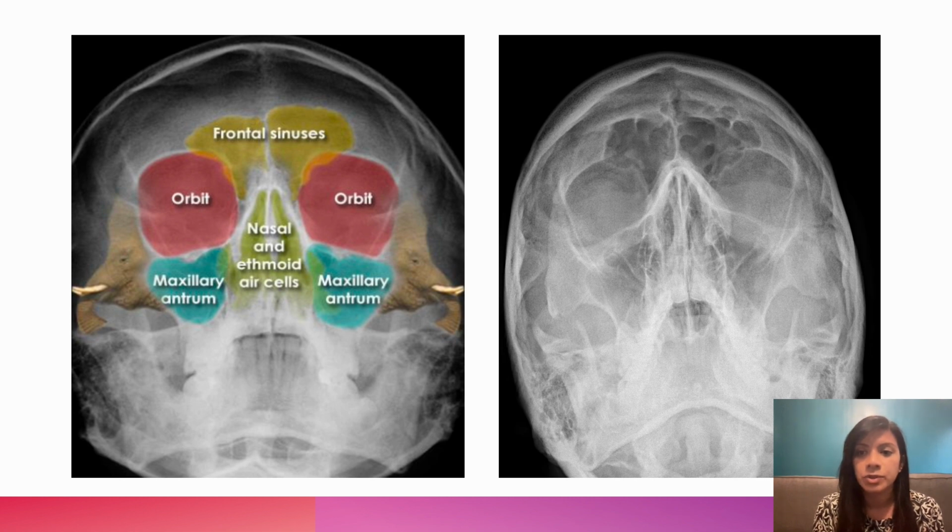So if we're looking at the image on the left, this is our patient. If we start from the top, we can see that the supraorbital rims look intact, and then the infraorbital rims also look fine. On the right, we can see that there is a right zygomatic arch fracture. If you compare that to the left, you can see where it's disrupted. And if you look at the maxillary sinuses, they're both relatively radiolucent, but usually one of the main signs of a mid-face fracture